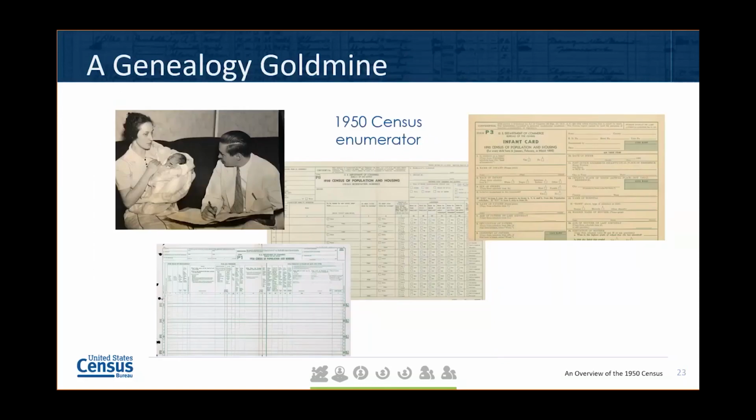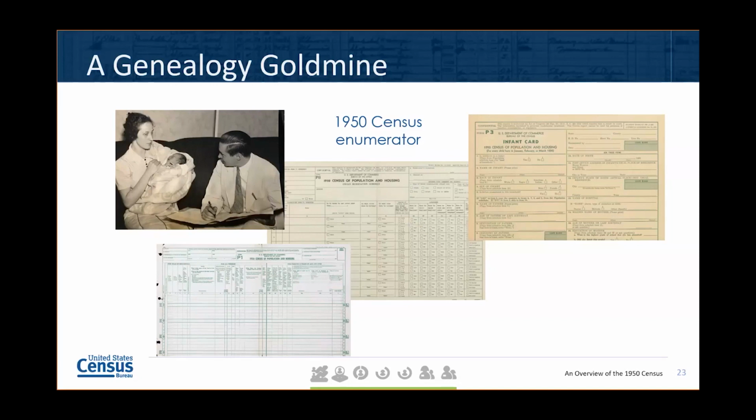So the upcoming release of the 1950 census individual records is a genealogy goldmine. Researchers, genealogists, and others will be able to see the demographic snapshots of specific individuals and households and get a clearer picture of the larger societal trends that were going on at that time. The 1950 census might have been the last census your grandparents filled out before moving from the city to the suburbs. Or it might be the first census, showing an African-American family from the rural South living in an urban neighborhood in the Northeast or Midwest. Or maybe it was the first census where a family from the rural Midwest was now living in California.